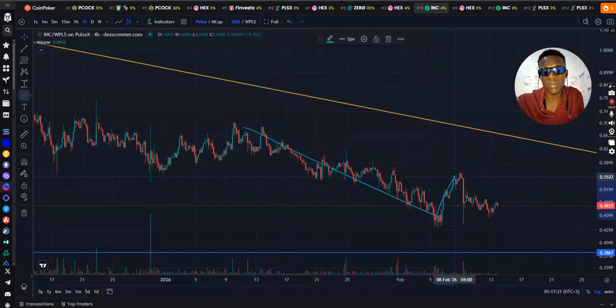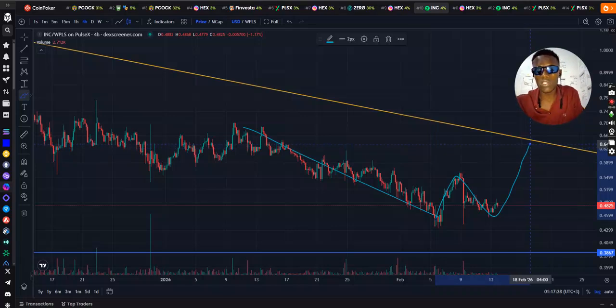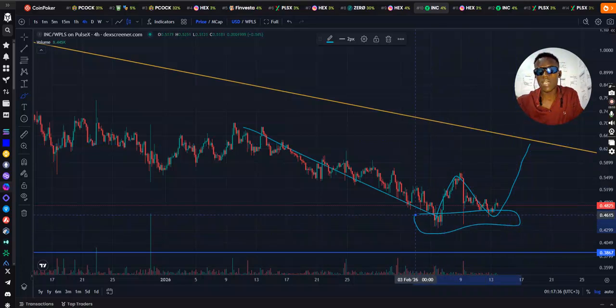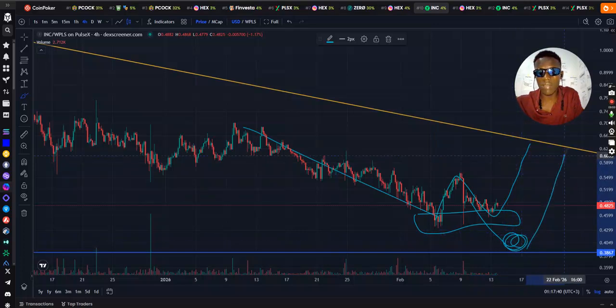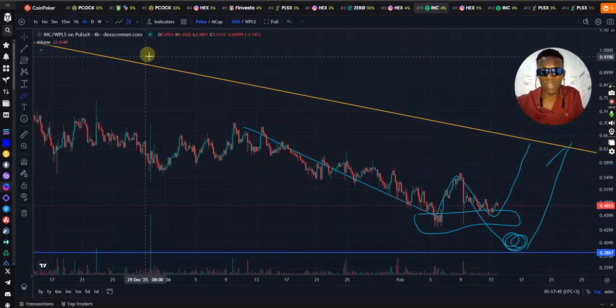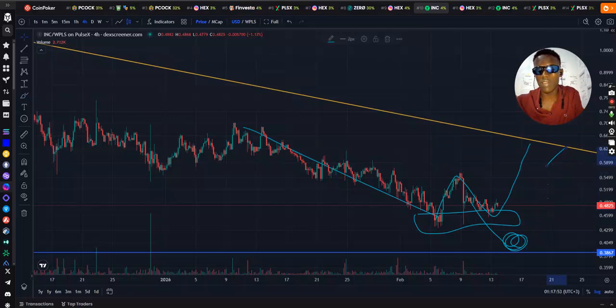So this was the W that I was showing you guys. So we might be waiting now for these 1, 2, 3, 4, the fourth leg now to print out and see whether the market will be rejected or will bounce off this area, or it might come and fetch some liquidity around this area before it goes up. Those are just scenarios. It might not do that. We are just anticipating, and we are here to watch how the market will behave in a few days or